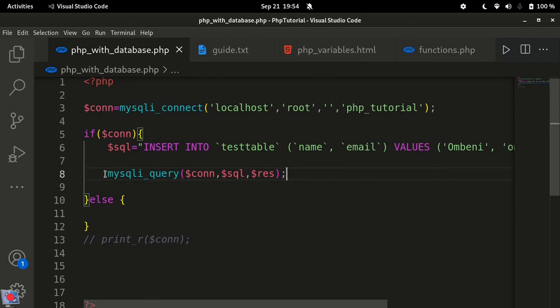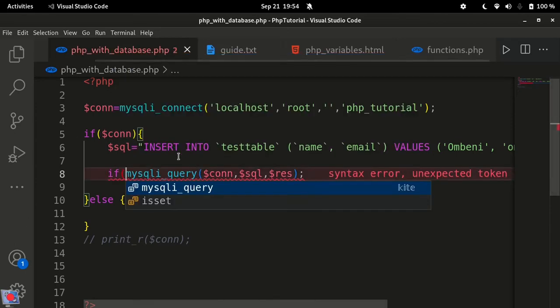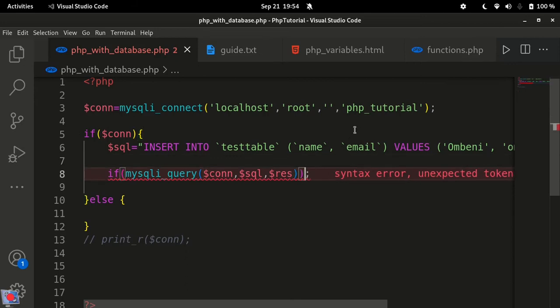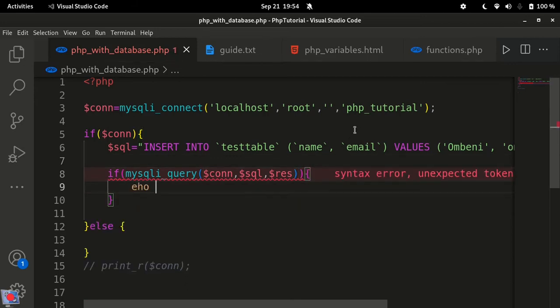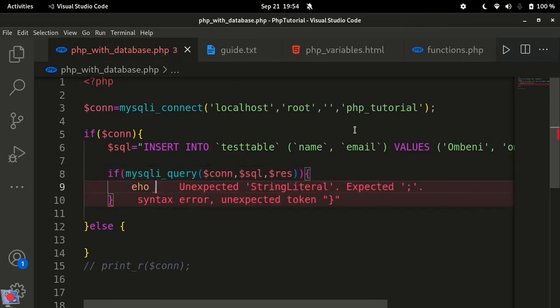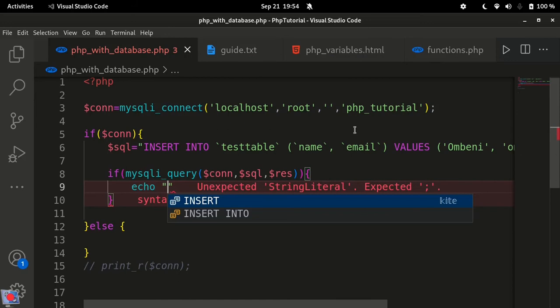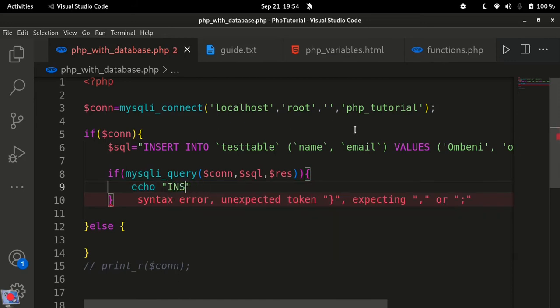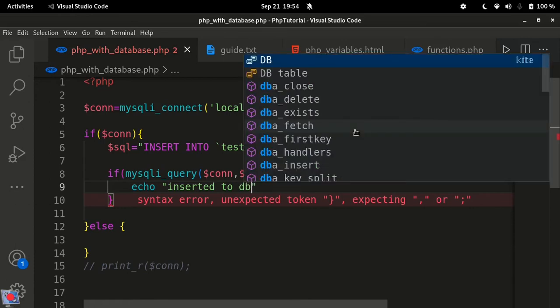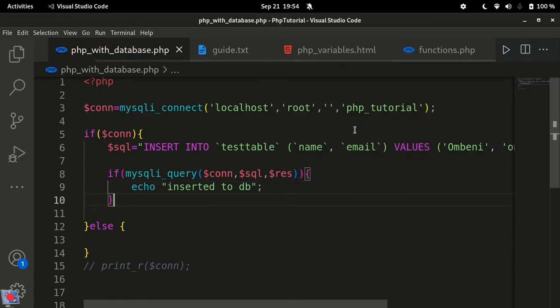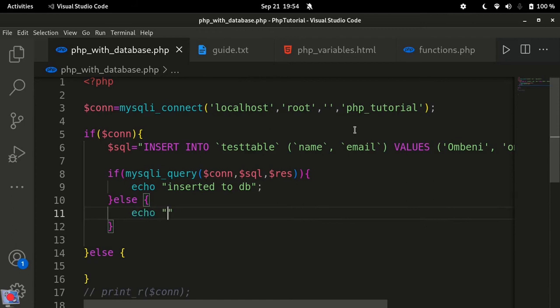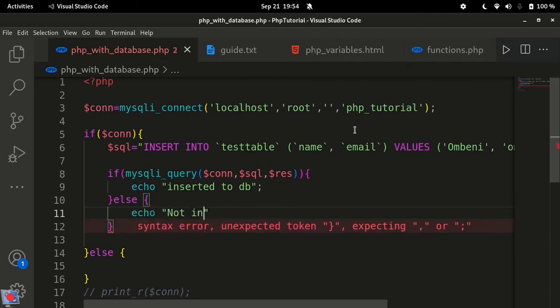Okay, now let's store it here, and say if this query gets executed, we echo, I have to type it correctly, echo "inserted db", like that, and else we should get an error and say "not inserted", and we have to